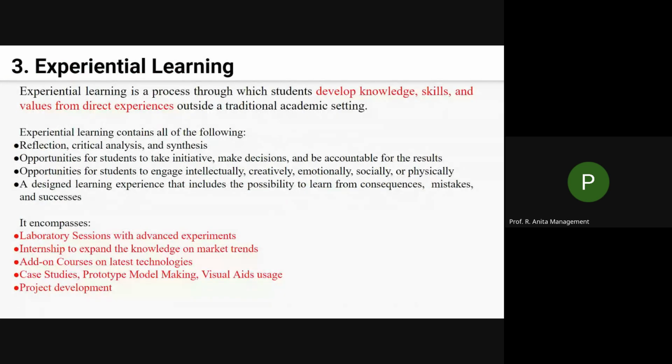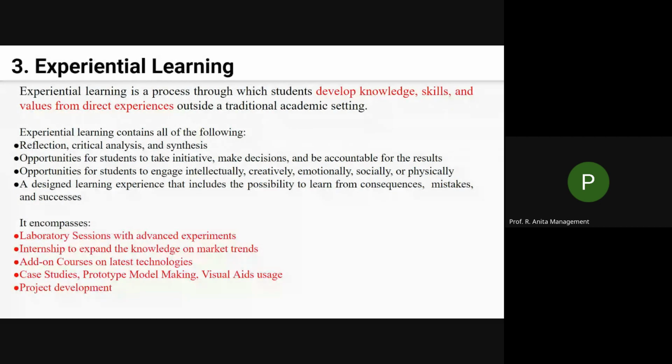Now coming to the third type, which is called experiential learning. Here the student develops knowledge, skills and values through direct experiences, by interacting with others, right? While doing something in the lab, while going outside, it can be through an internship, or a workshop where a student gets hands-on experience, and is asked to prepare a prototype or something. You can also conduct some add-on courses where they use the latest technologies and implement them themselves, right? So in these